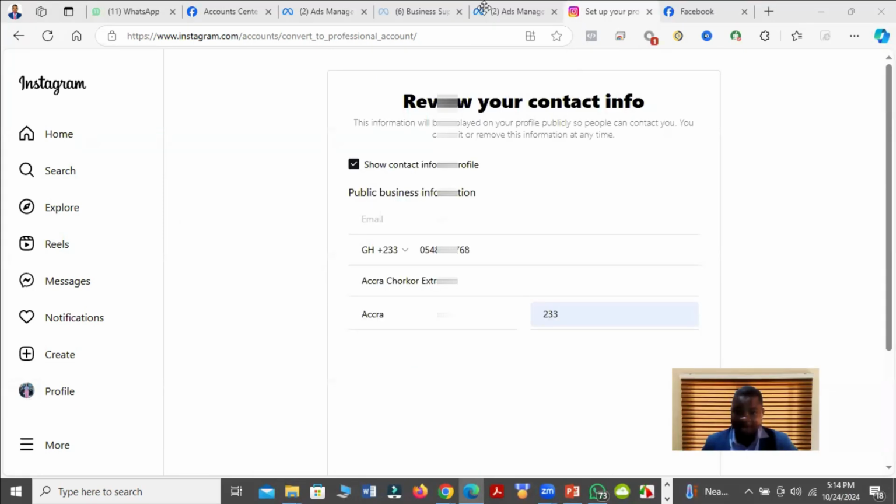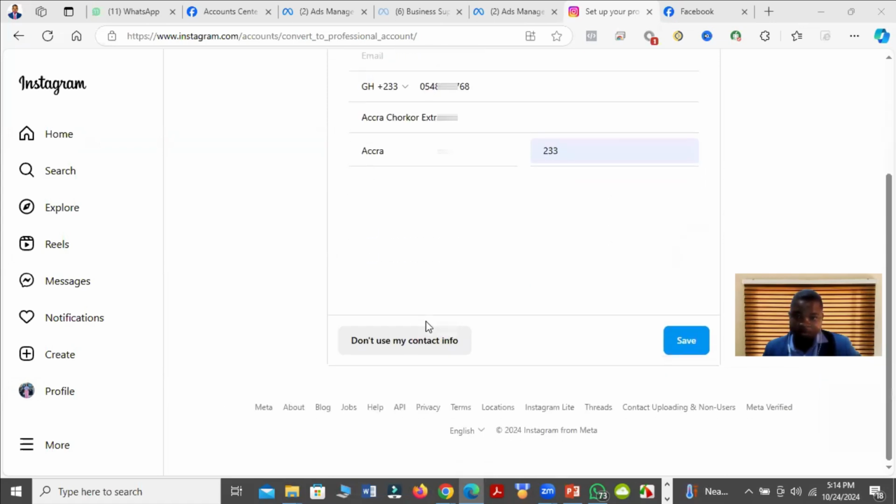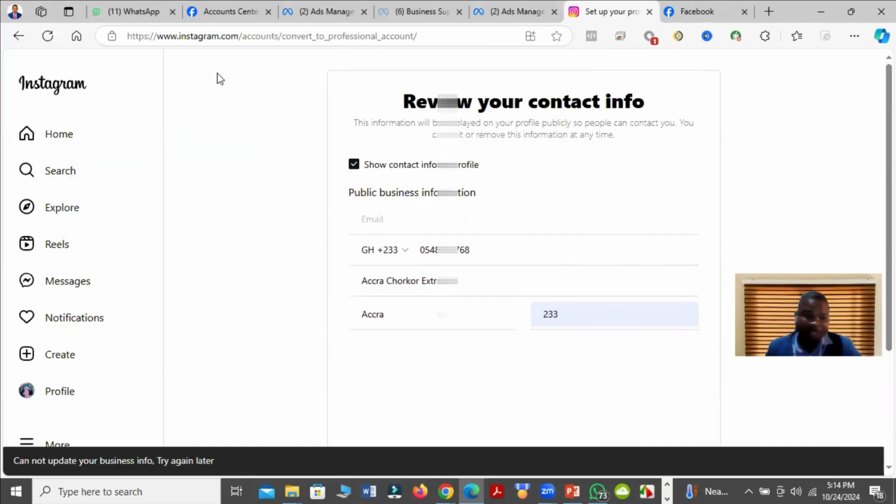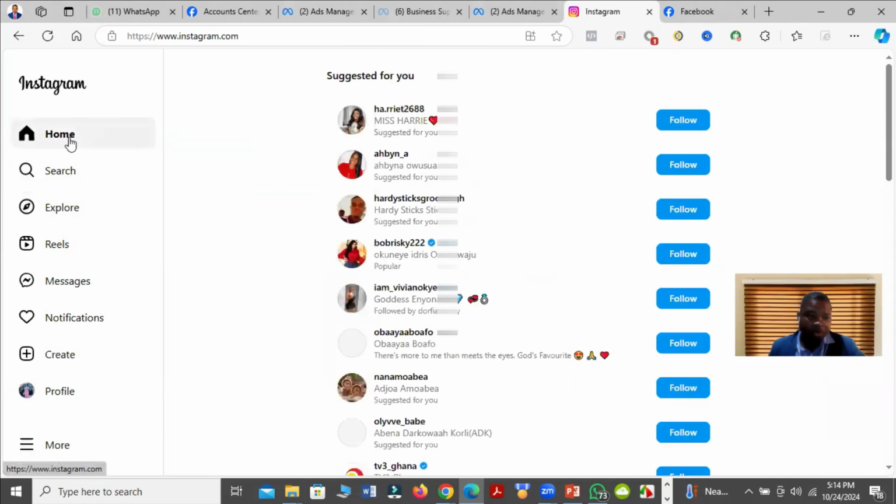After that, you add your business contact information and then click on save. Okay, so it's not saving yet, but I'll just try and do that later. It could be because I just created the account name. So you come back to the home,